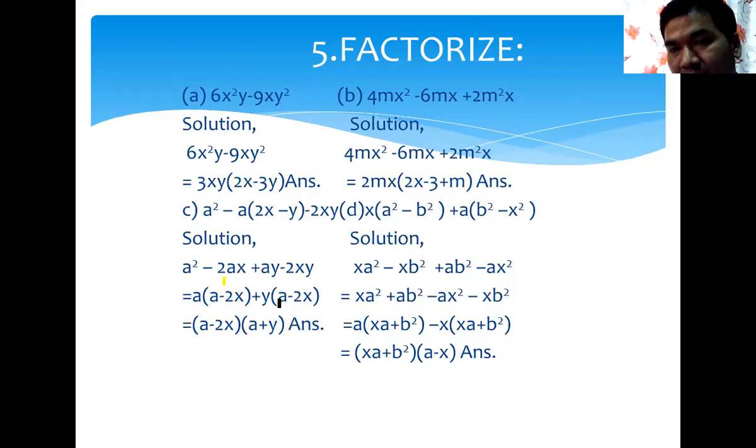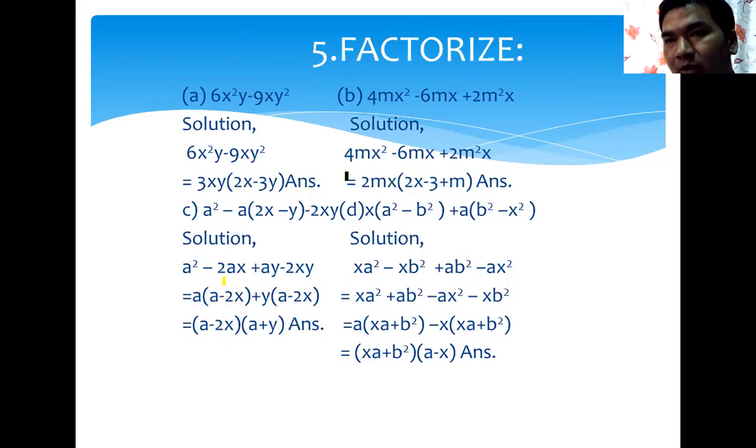And is it correct or not, we can find out. Here is a minus 2x, and here is also a minus 2x, right? a minus 2x is common. Here a is left, here plus y is left, in another bracket: a plus y. Like this we resolve into factors.